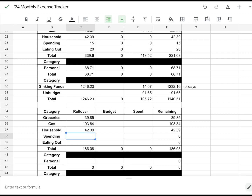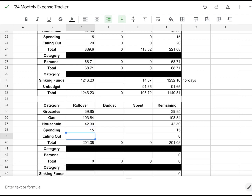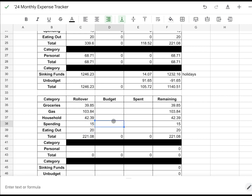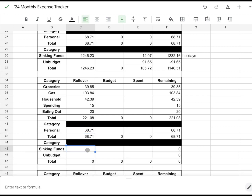For household, it was $42.39. For spending, we put in $15. Okay. And for eating out, we had $20 because that's what we rolled over. So we started off the week at $221.08. Also for personal, we started off at